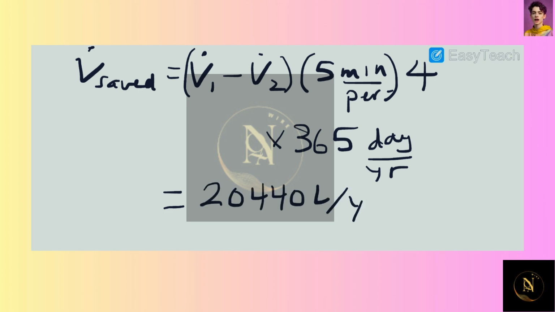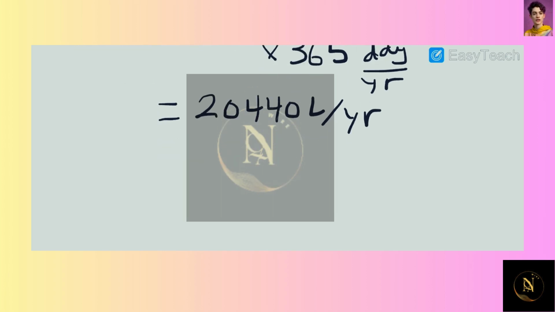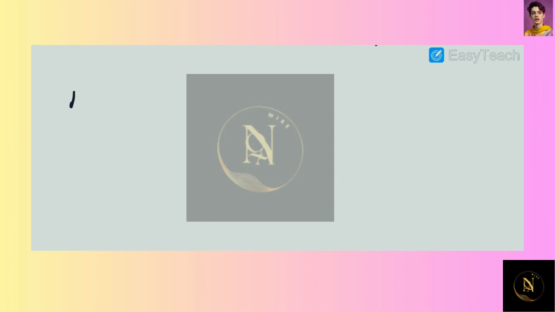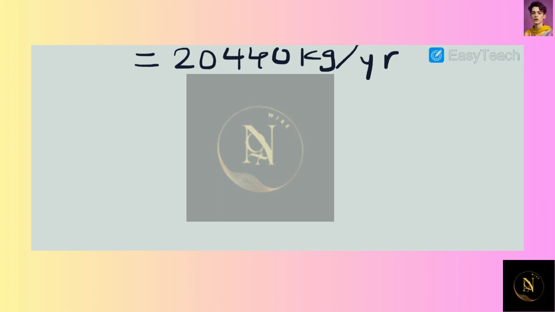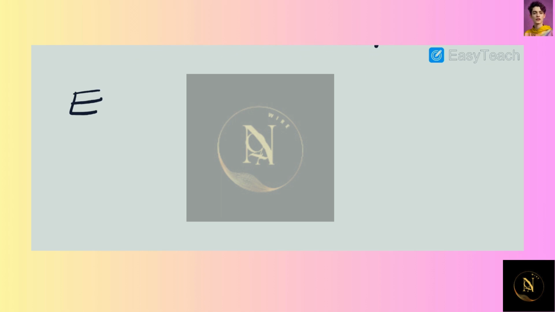20,440 liters per year. Now to translate this into a mass flow rate, we can simply take the volume flow rate and multiply it by the rho, and this gives us a total mass flow rate saved equal to 20,440 kg per year. Now what we can do is we can use this to calculate our energy saved, because we can say that the energy saved is going to be equal to the mass flow rate saved times C times